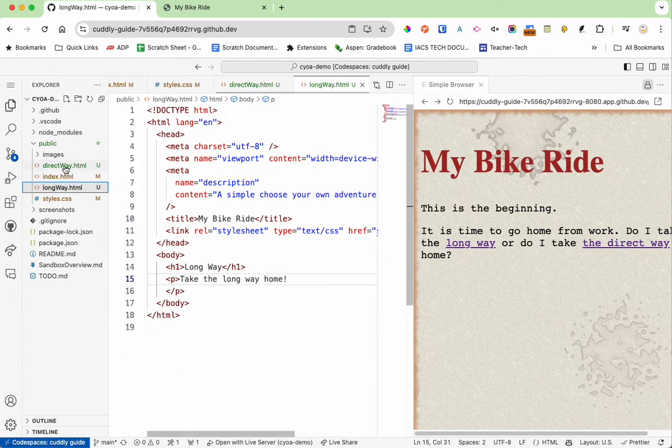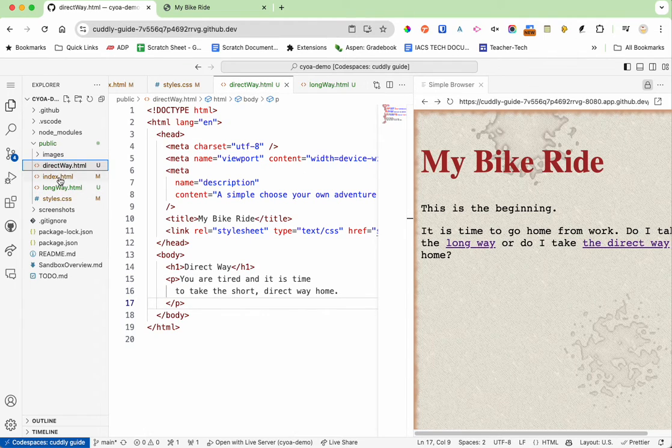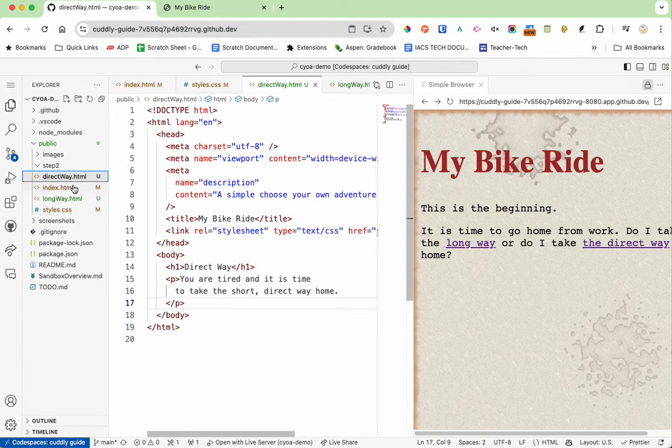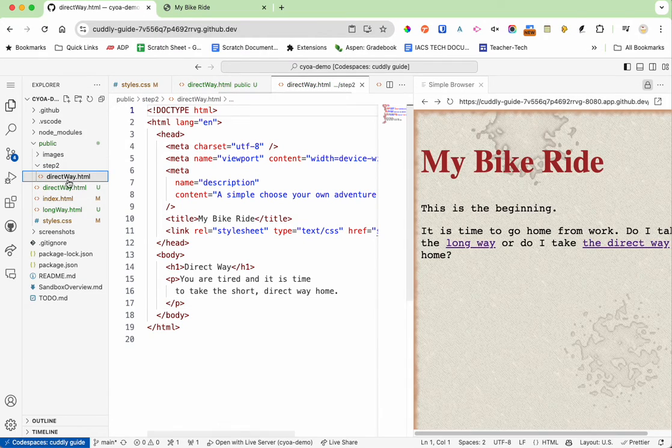One new thing, in this project you could make a lot of pages and it can get to be a lot to keep track of. So some students like to make new folders. So I could make folders called something like Step 2, and maybe in the Step 2 folder I want to make some new files. So if I were to copy the direct way, I could then paste in Step 2, and maybe I would have